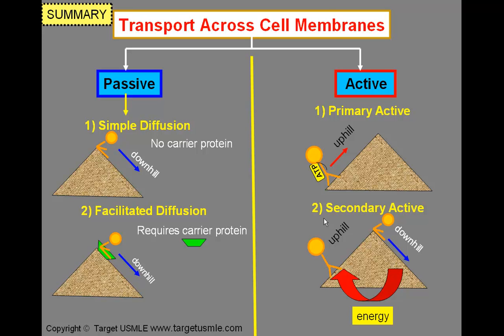Whereas to the right you have the active transport, in which in primary active transport the energy that is required is direct in the form of ATP, and it is used by the solute to move uphill. In secondary active transport, one solute moves downhill, and the energy that is derived as an indirect energy is used for the other solute to move uphill. If both solutes move in the same direction, it is called cotransport, and if they move in opposite directions, they are called